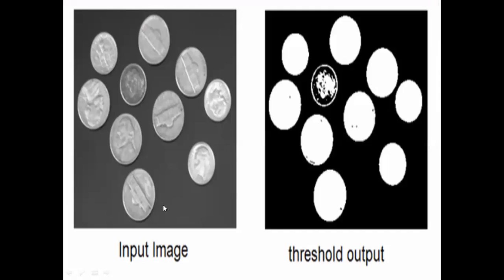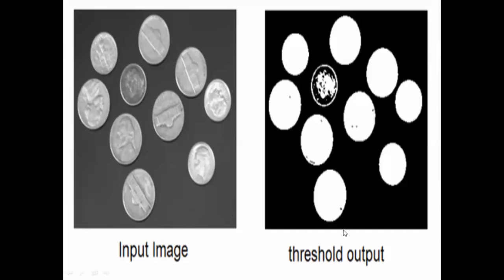One example of thresholding is this. This is an input image, and as you can see, there are many different grayscale colors. This is a darkish gray, and this is a lightish gray, white color, blackish gray color. So we completely differentiate these colors into black and white. After applying thresholding, we obtain this picture. So that's why thresholding is very important here.